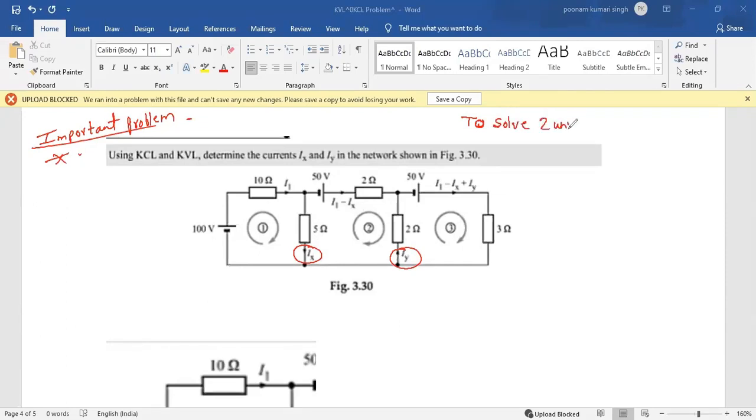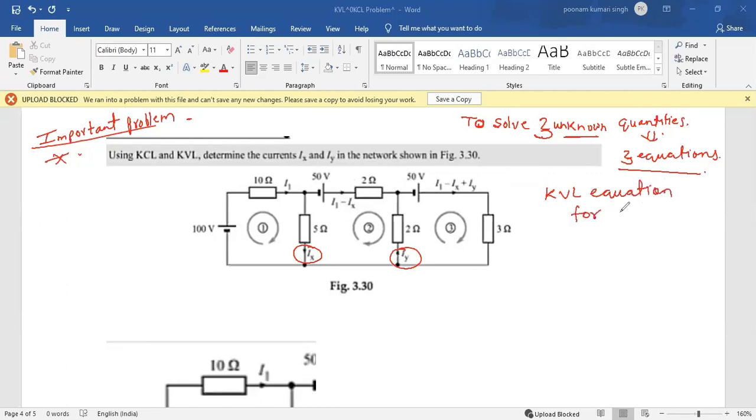To solve two unknown quantities, I need two equations. But here you have one more current, that is this I1. So this I1 is also needed here. That is the reason why we have three unknown quantities, and that's why we have to write three equations. So we'll be writing KVL equations